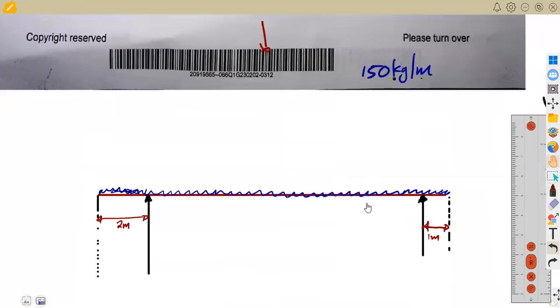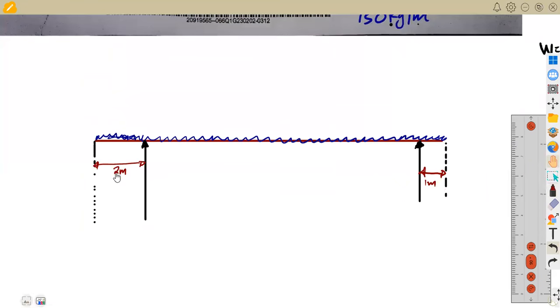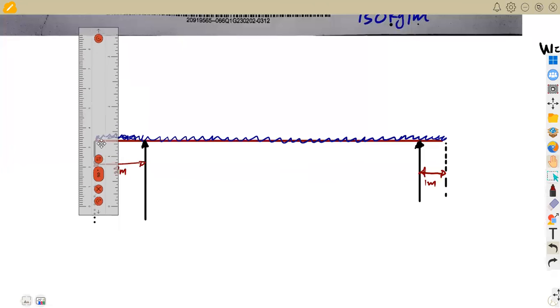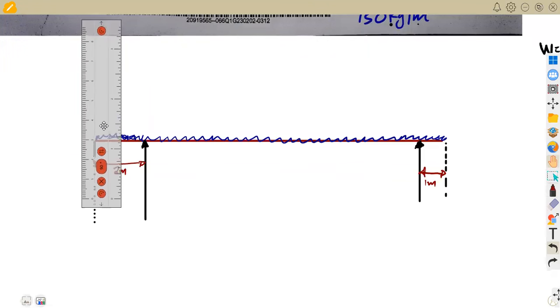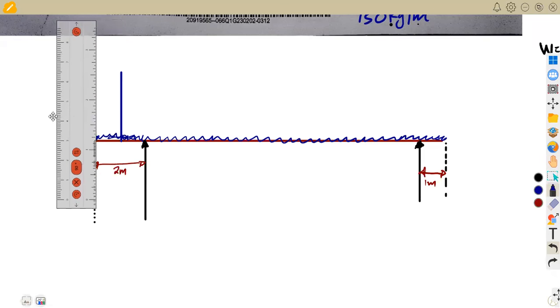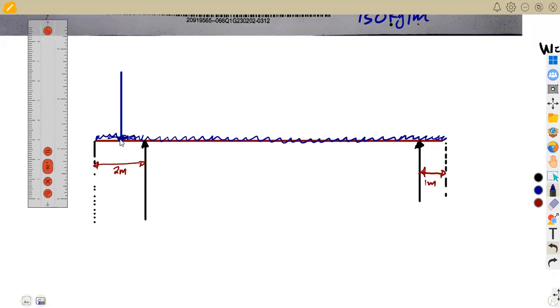So 1 meter, remember here, there's a difference of 2 meters. Yes, so 1 meter is going to be in between, but this is a concentrated load supposed to be facing down. So we draw it from the top in this case. So that is going to be our concentrated load like this, all right. So they are saying the difference that we are going to have in between is going to be 1 meter from this point